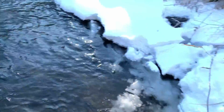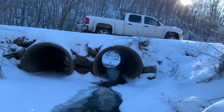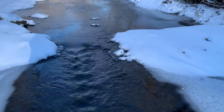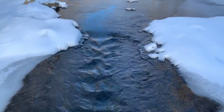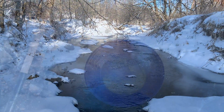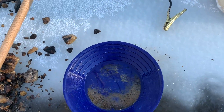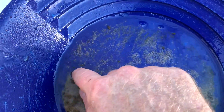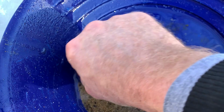Absolutely. So we're gonna take a couple of test pans before I really get to motor in here. And we got all day now. Rigby's up there nice and warm. So let's take a test pan, see what's in it. Well, here's my first pan right here. My first test pan. Now, I didn't see any gold in it, but I did see this bad boy right